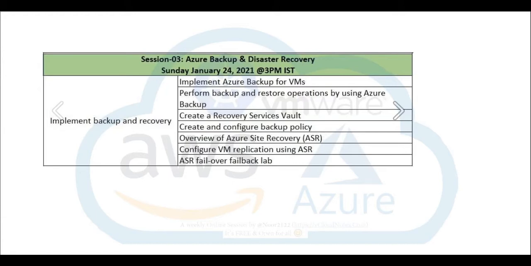So as you are already aware about the tasks that we are going to cover in this session, there is just one thing I want to let you know. This session is divided in two parts. In the first part, backup, and in the second part we will see the replication options. So okay, without wasting any further time, let me share my screen.